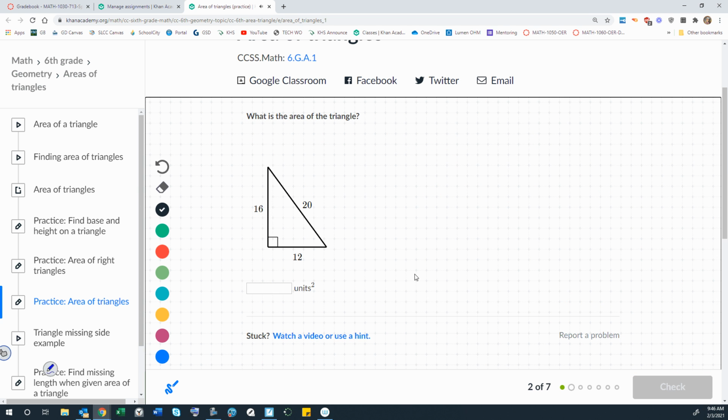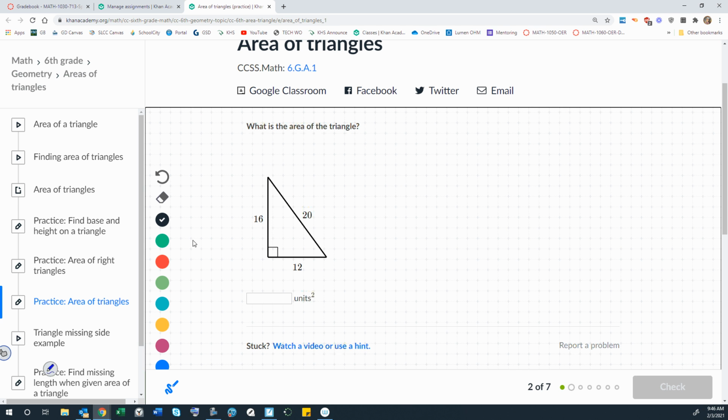Let's try the next one. Again, we're finding the area of the triangle. We're not going to need anything but the base, which is 12, and the height, which is 16. We're not going to use the 20. Okay, so all we do is the base times the height. So like the 12 times the 16. We're not going to use the 20, and then half of that is, so 12 times 16 would be, oh,